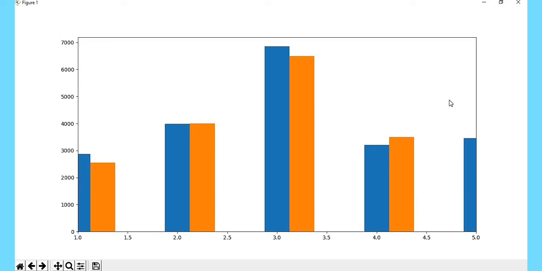While setting up the limit for the axis, we must keep in mind that only the data that falls into the limit of the x and y axis will be plotted. The rest of the data will not show in the plot.